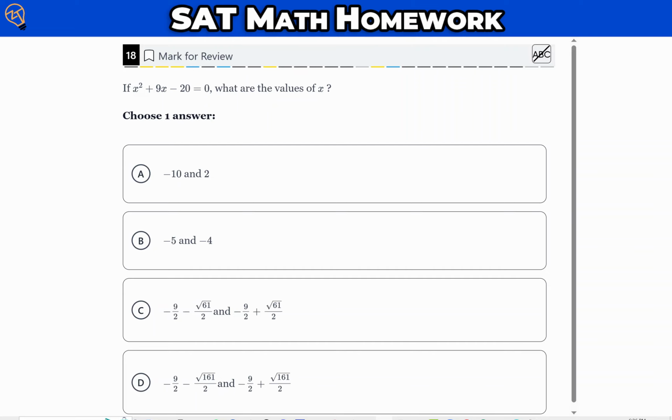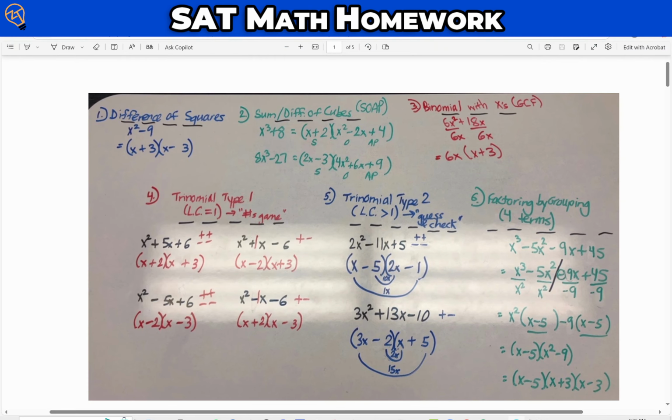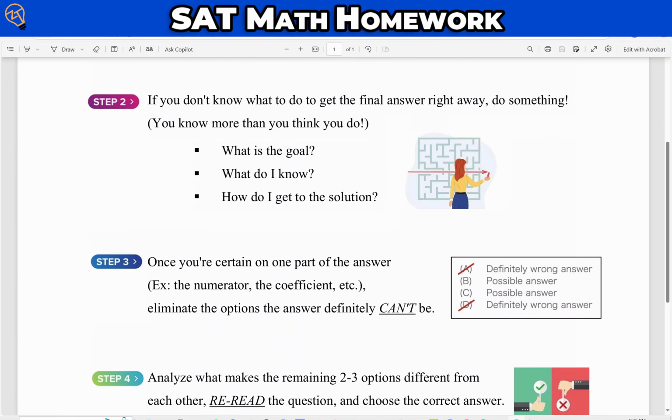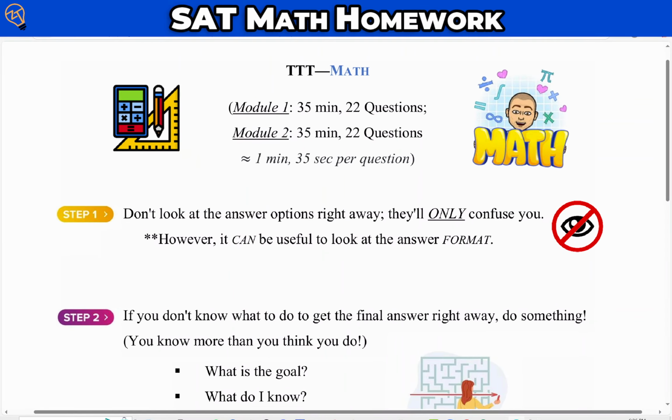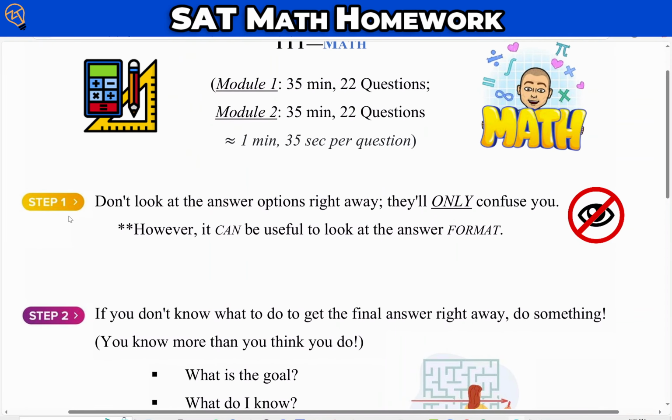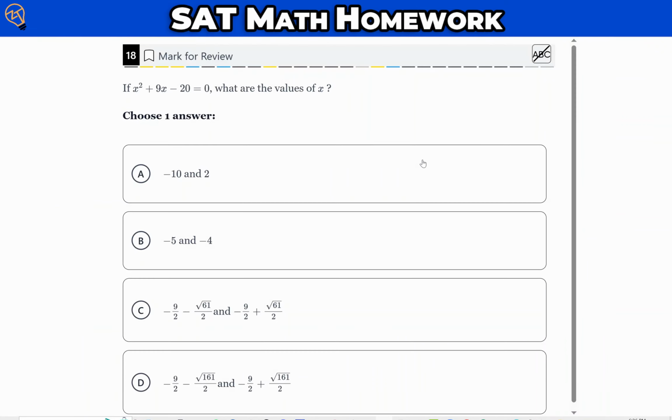This question is a perfect example of what we say in our Triple T math document, Tom's Testing Tips: don't look at the answer options right away, they'll only confuse you. However, it can be useful to look at the answer format. Looking at the answer format here will let us know that it's very likely, at least a 50% chance, that